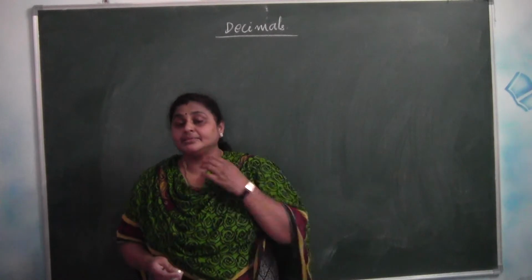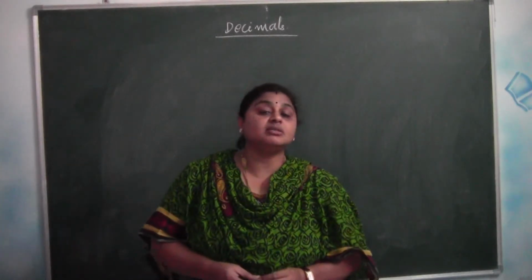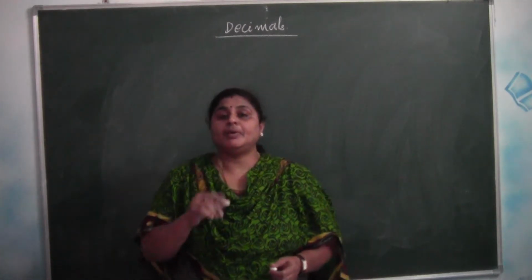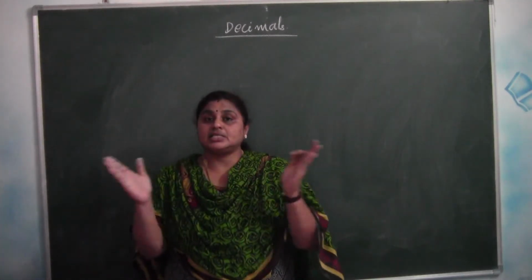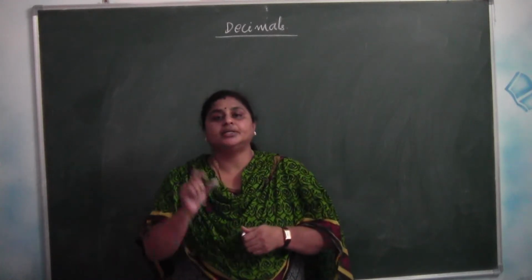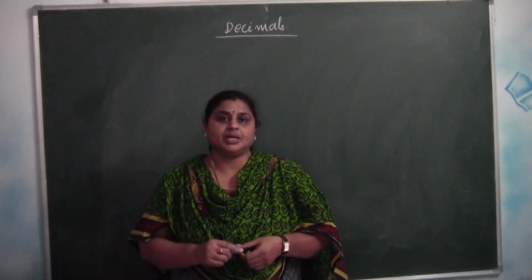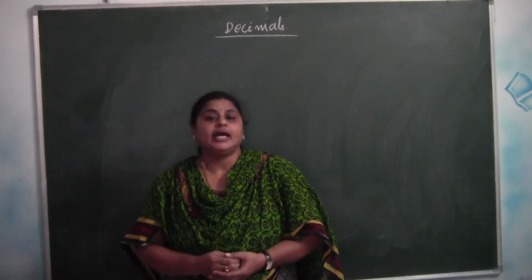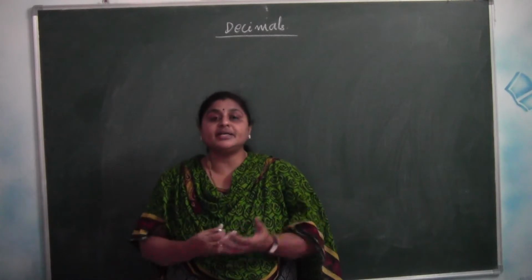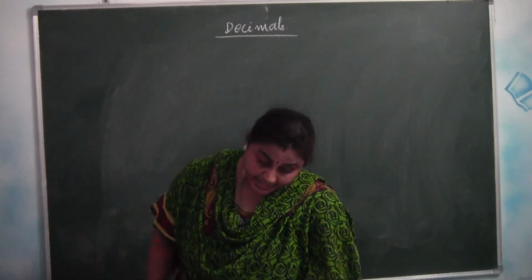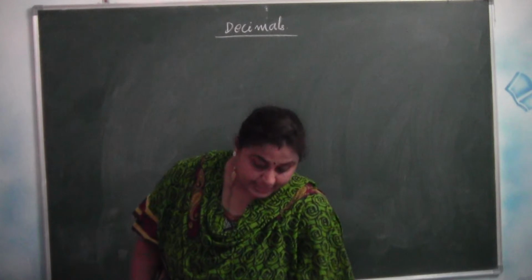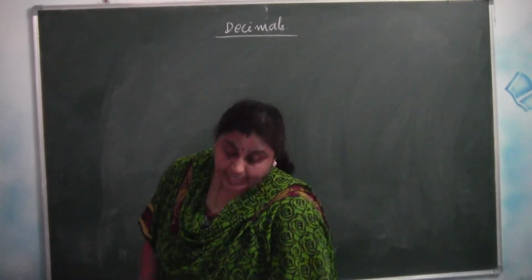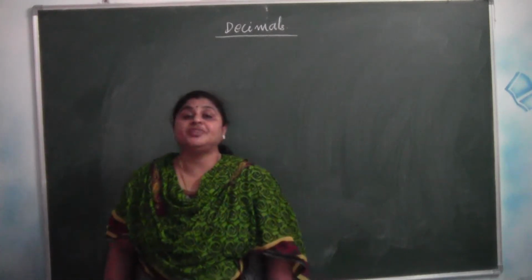What actually is a decimal? How many parts does a decimal have? A whole number part and a fractional part, separated by a dot. That dot is called the decimal point. Now you have learned like decimals, unlike decimals, and also how to write a decimal number as a fraction. Now you have to learn how to compare decimals, and addition and subtraction of decimals.